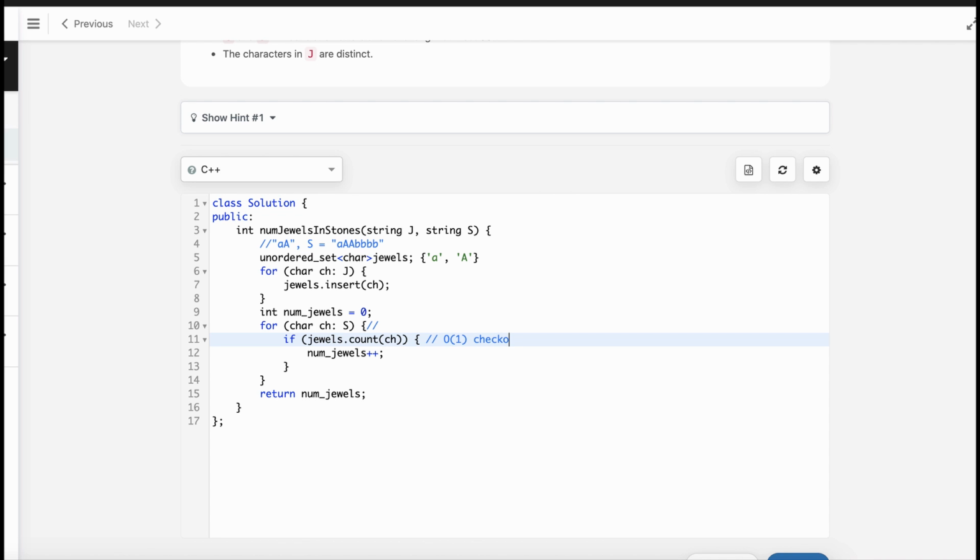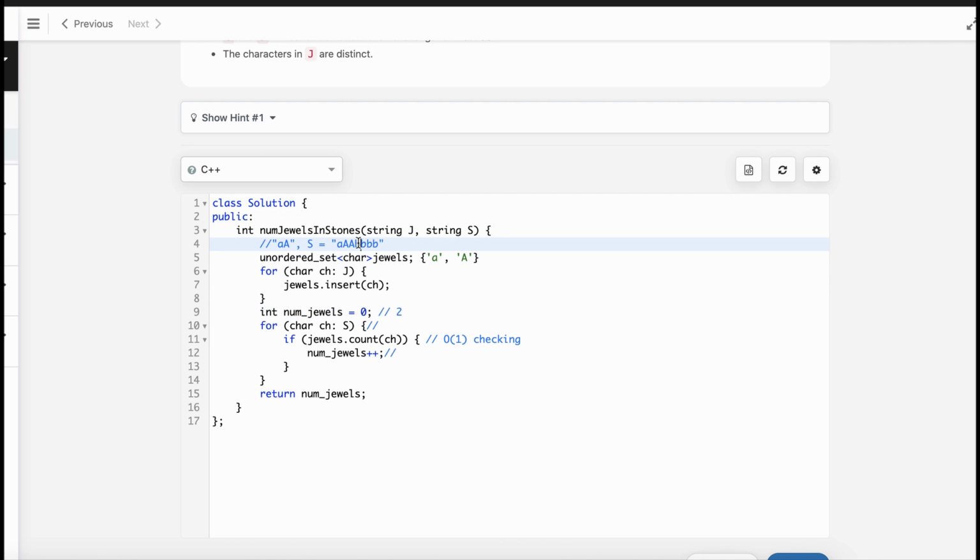So we increase our number of jewels to 1. It was 0 before, it becomes 1, and we go to a again, and here we also find a is present in this set, so we increase our counter to 2.